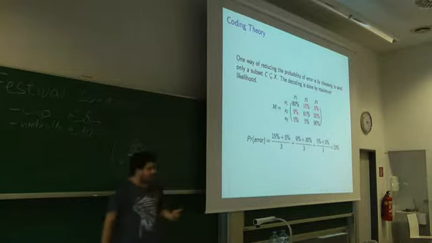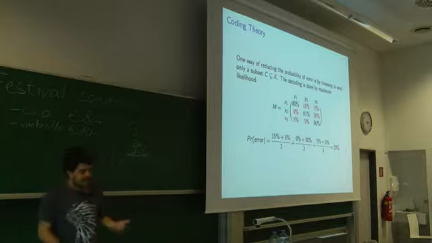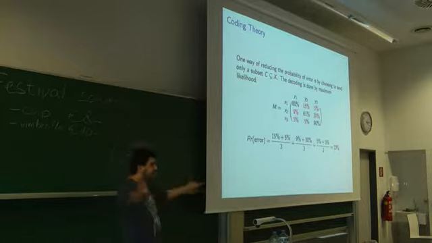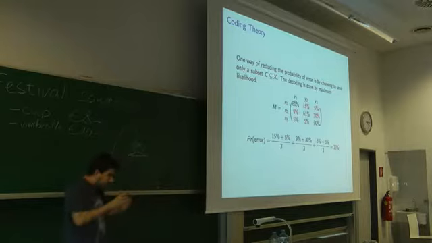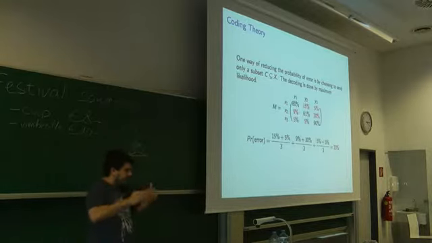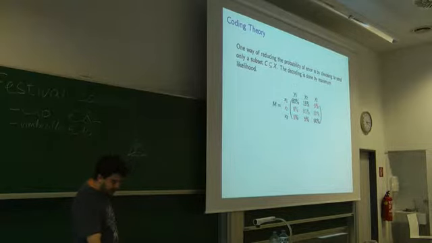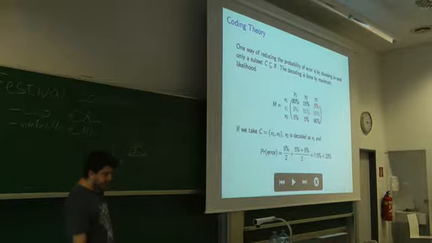With this type of channel, if you want to, you can make it better. So what is coding? Coding is a restriction. You say, I'm not going to send everything, I'm going to send less things, so that I can permit some sort of leeway for error. How does this work? Let's say I take the code to be that I only send x1 and x3. That means I'll never send x2.